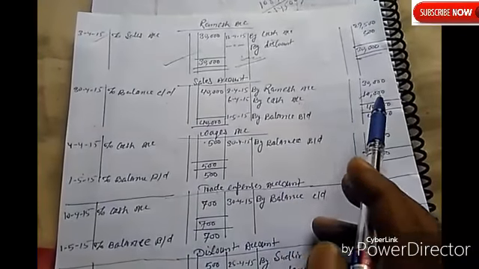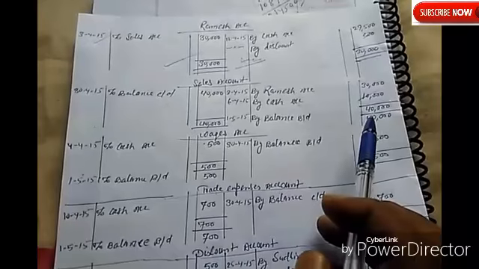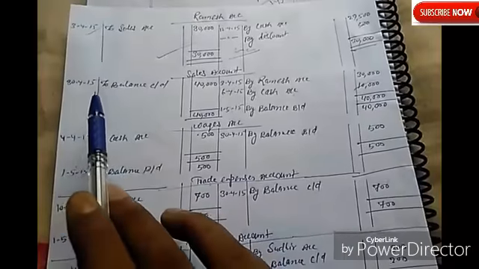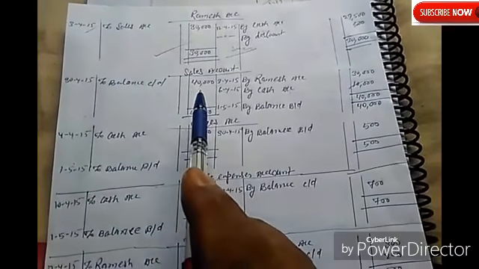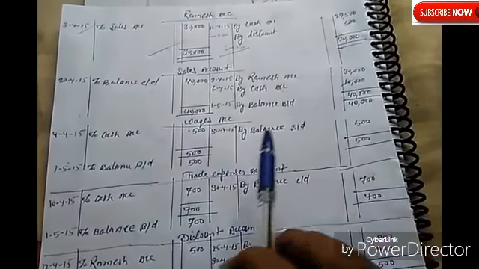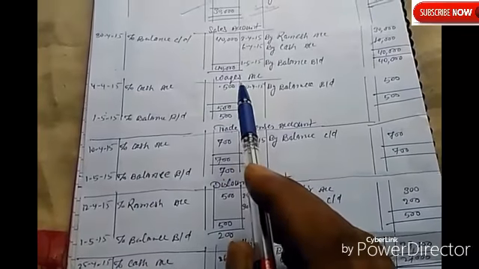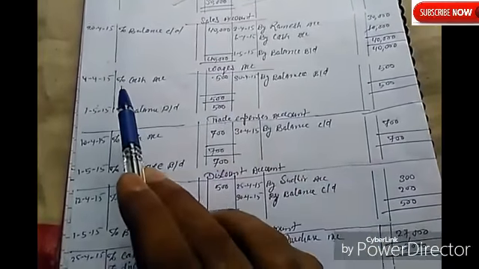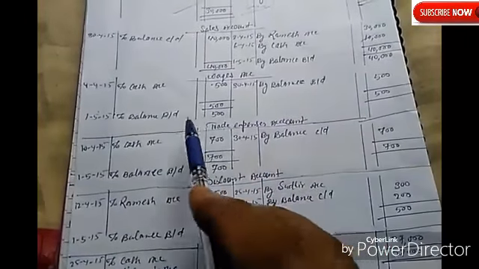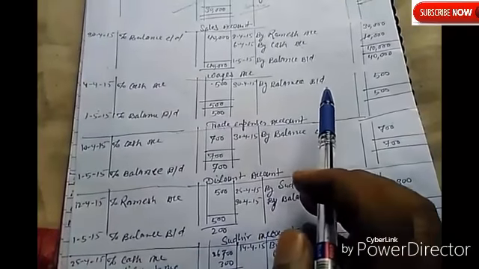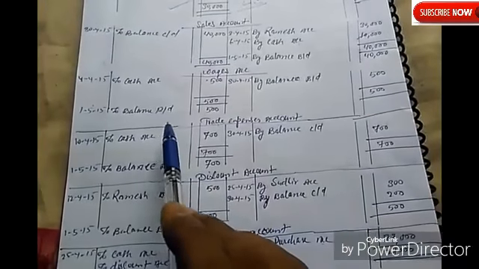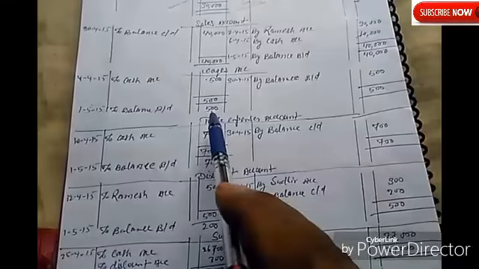And see another sales account. Here by Ramesh is 30,000 and by cash is 10,000. That means totally 40,000. So put here also 40,000. So balance on the end of the month, balance carried down is 40,000, and that will be transferred to the next month, 1st May, by balance carried down 40,000. Now see another ledger account, wages. To cash is 500. Here is also 500, total 500. So end of the month by balance carried down is 500, and that will be transferred to the next month, to balance brought down 500.